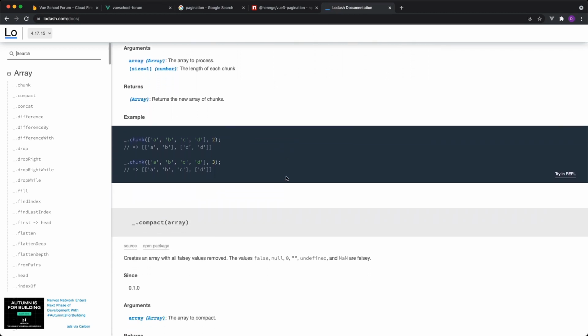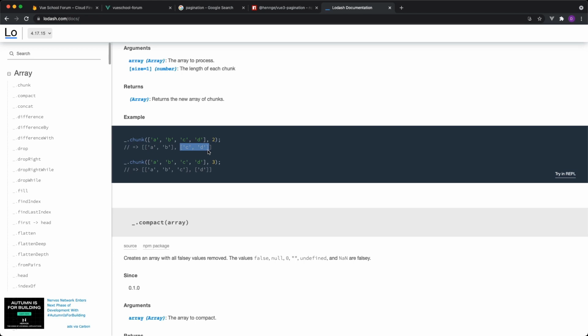We see here that chunk takes an array for its first argument, and then a number that specifies how many items we want each chunk, or page, to contain. So, an array of A, B, C, D becomes an array of two arrays, each containing 2 items, AB in the first array and CD in the second.